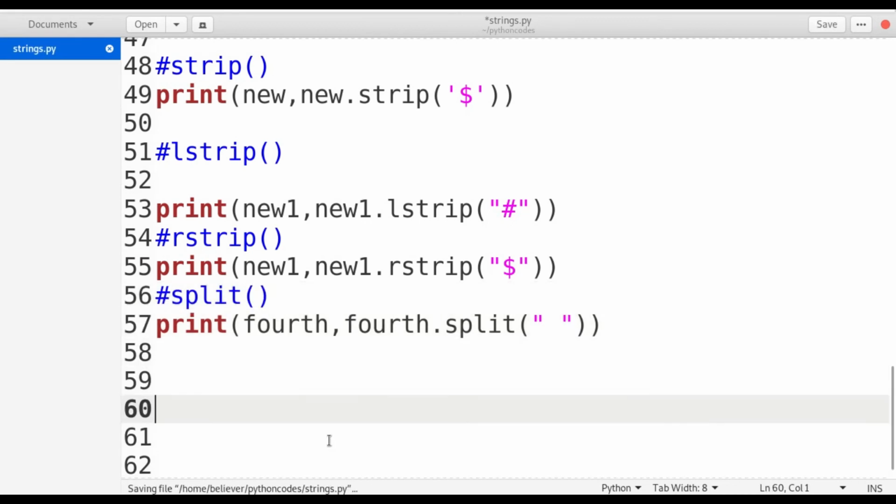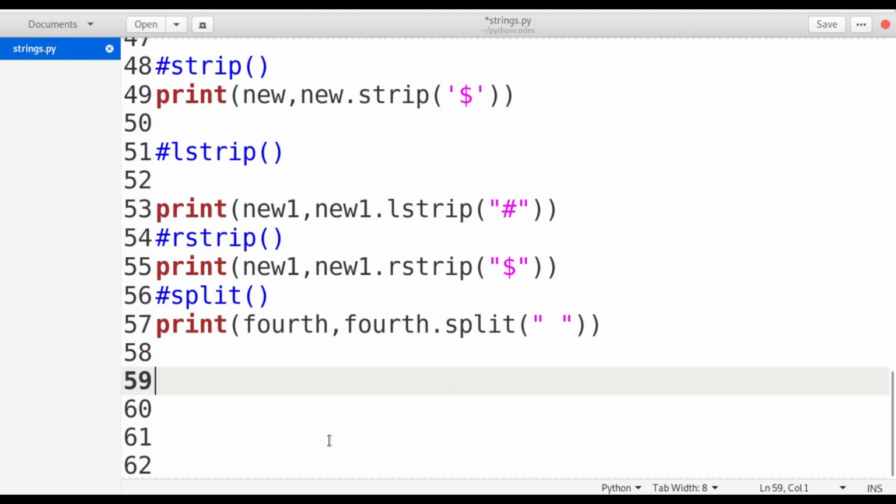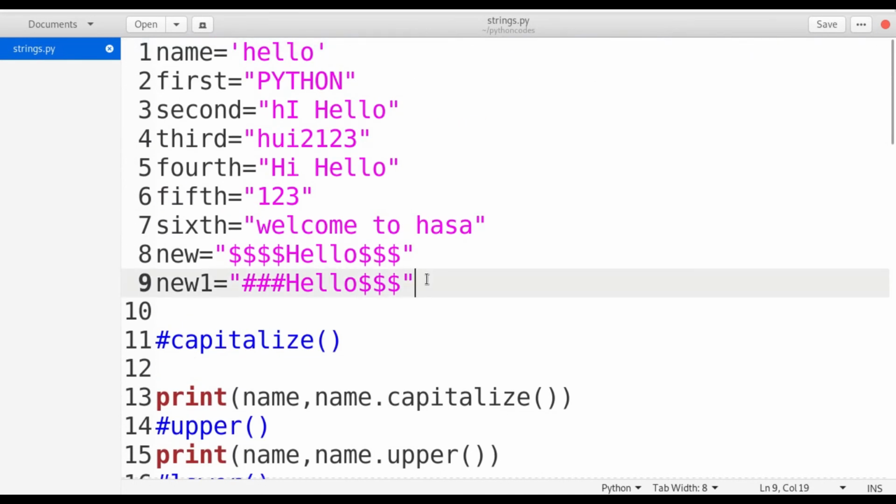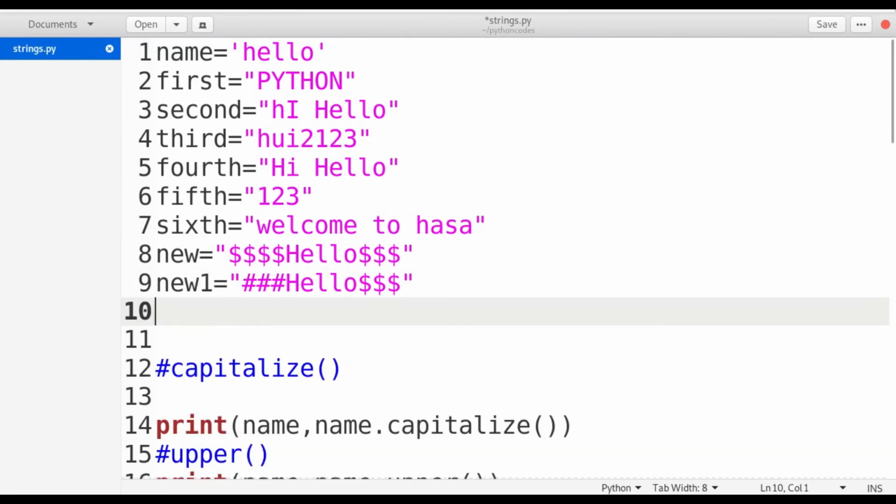Now I am using join. For the sake of join, I am taking a list actually.